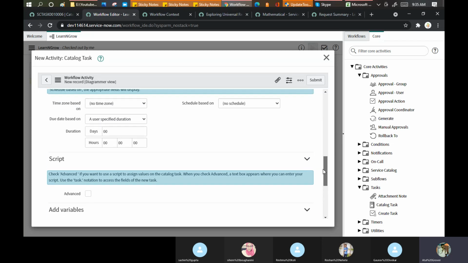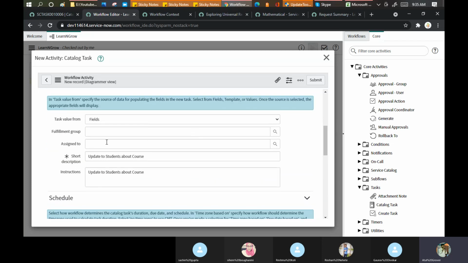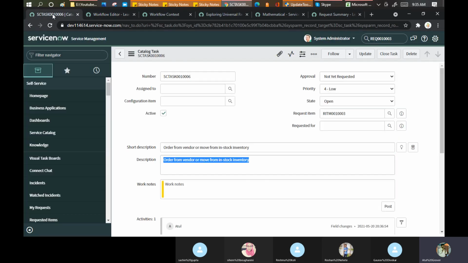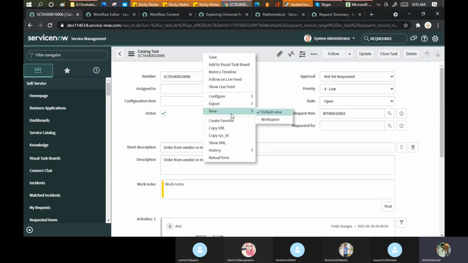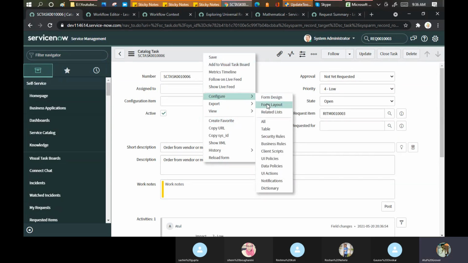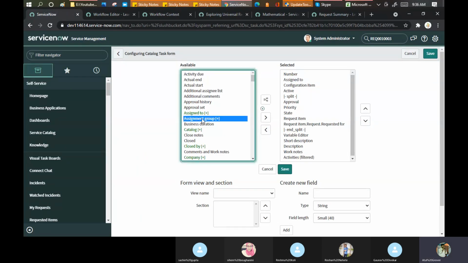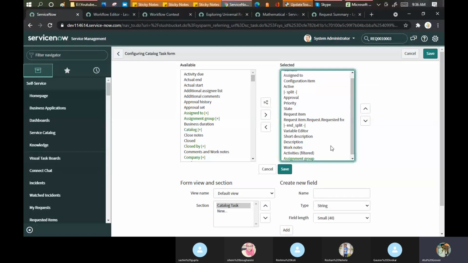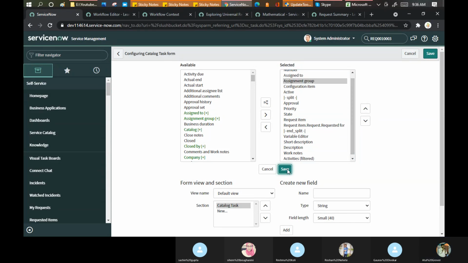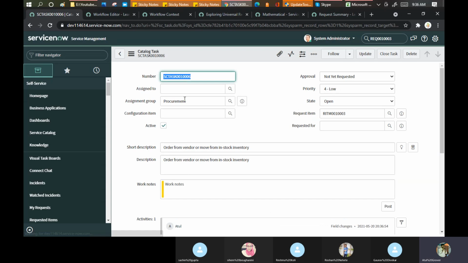Now, one thing important here, to whom it should be assigned. Like if you see here, this task has been assigned to this particular group. From where is this group coming?